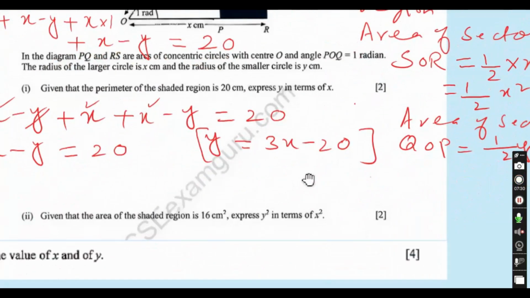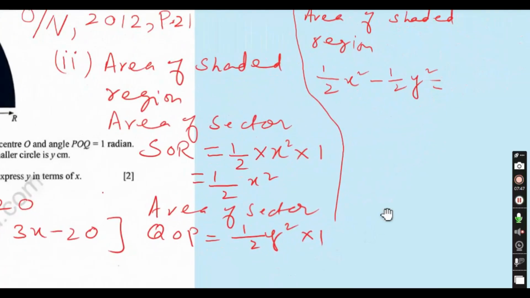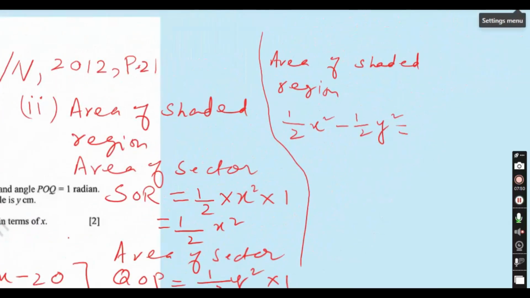Given that the area of the shaded region is 16 centimeter square, express y square in terms of x square. Very easy. The value is given 16. Taking 2 common, 1 upon 2 (x square minus y square) is equal to 16, then x square